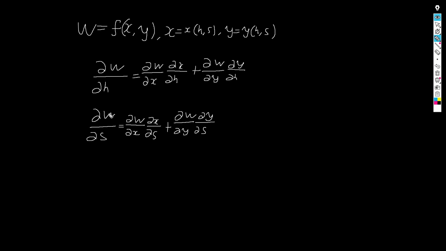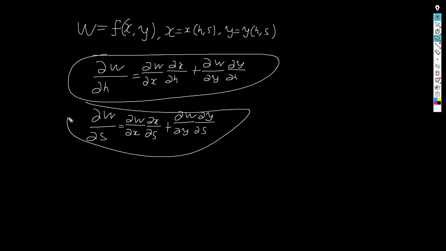Well, the 2 chain rules that we would have with respect to the variables described by x and y would both have a sum of 2 terms. And we can generalize this. If w was a function of 6 variables, and those variables were functions of 4 other variables, then we would